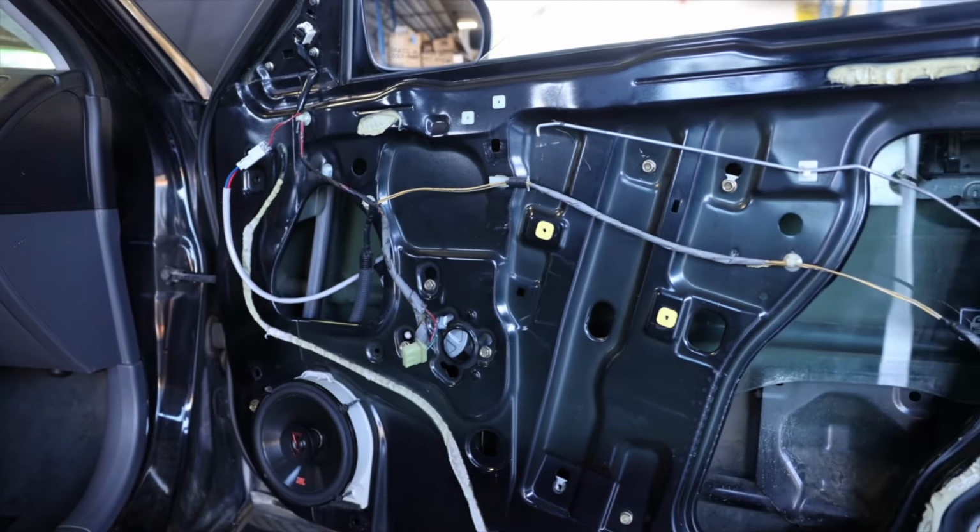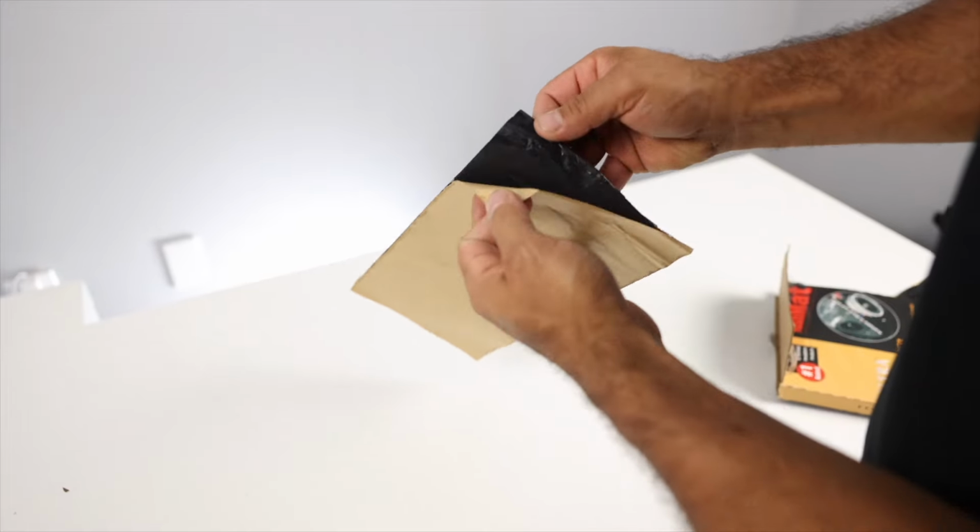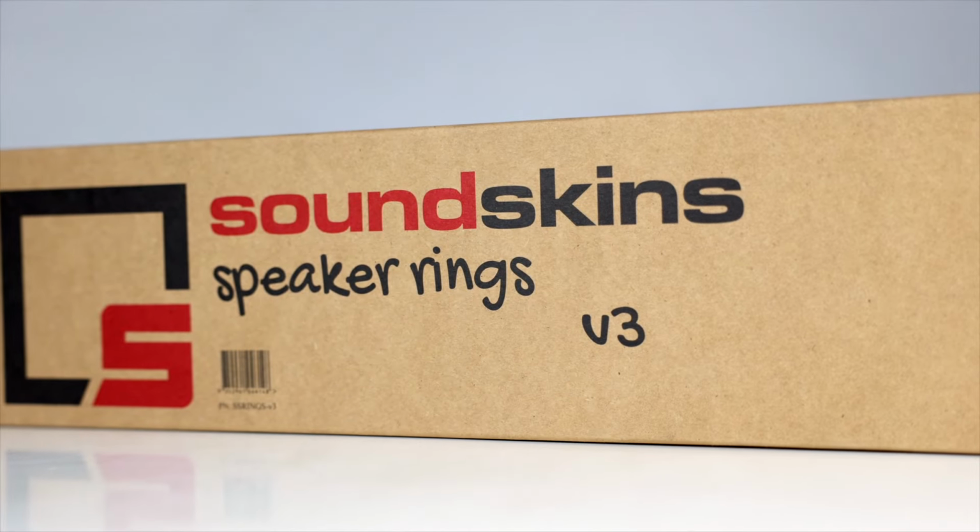Now, of course, speaker manufacturers design speakers with that in mind, but you can drastically improve the sound of the speaker, especially for the mid-bass frequencies, by deadening the doors, both front and back, with deadening material. Now, there are lots of companies out there that make it, but SoundSkins and Dynamat are some of our top